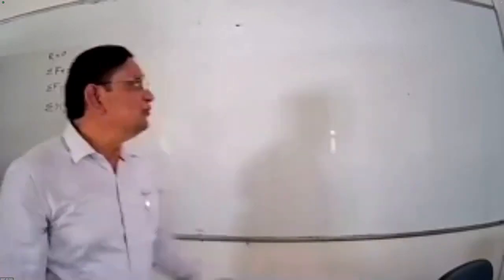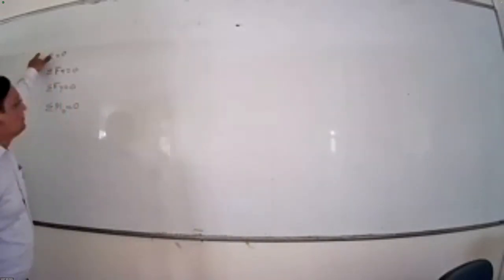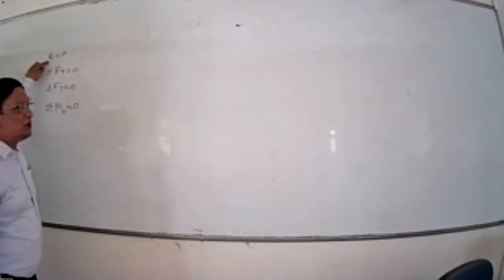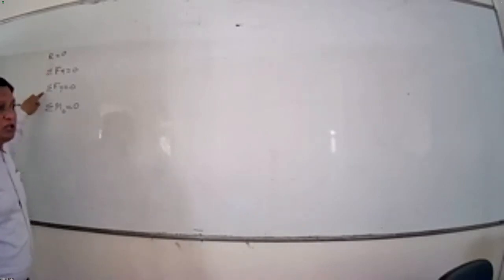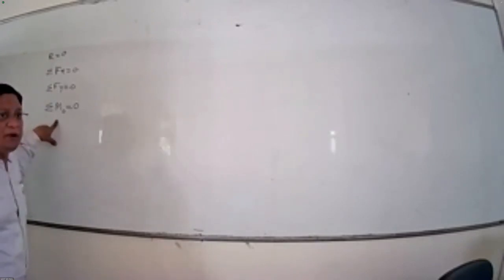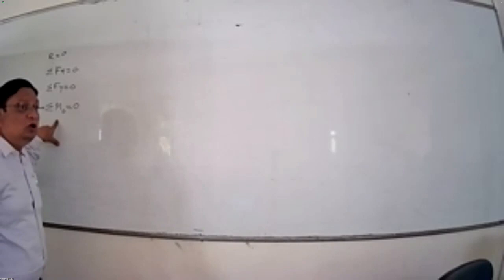Okay, so basically we will again move to the conditions of the equilibrium. Resultant force acting on the system is equal to 0. That's why it is an equilibrium. Summation of Fx is equal to 0. Summation of Fy is equal to 0. For the non-concurrent force system, all these three conditions will be there. The third condition will be summation of moment about any point must be equal to 0.